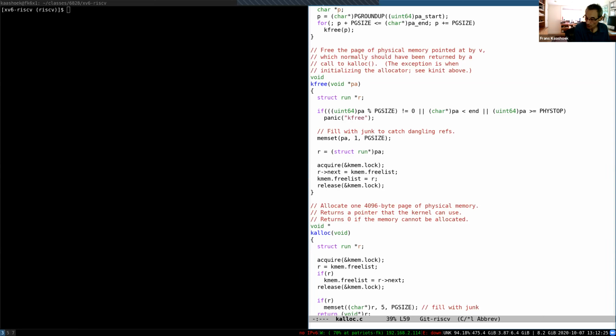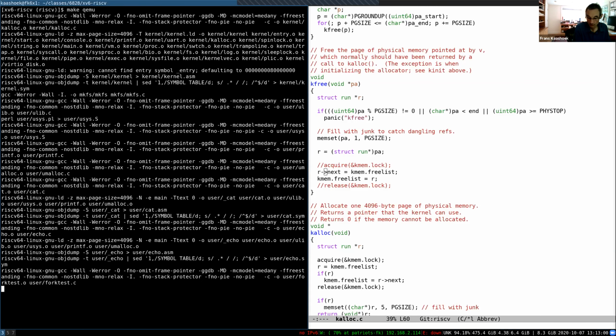So what we're going to do is just comment out these two acquire and release calls that basically mark the acquiring of the lock and then releasing the lock. And so this piece of code that sits in the middle, which used to be protected, is now not being executed atomically anymore. So let's do that, and then run QEMU. So we'll compile it,